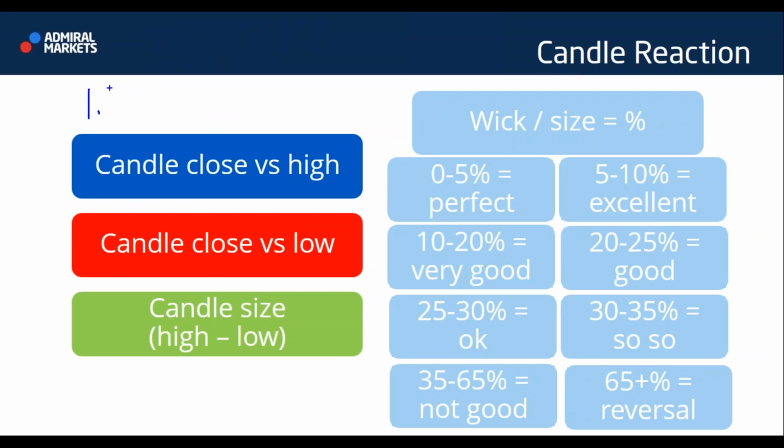A candle close of 135, or let's take a bearish example. 135 bearish close, 135.20, and the low is 135.34. What is the bearish wick? What is the size of the bearish wick in this case? Yes, exactly. Indeed. Great job, Andre. It is 14 indeed. 34 minus 20 for the bearish example. 14 pips. So now that we know the wick, we need to know the